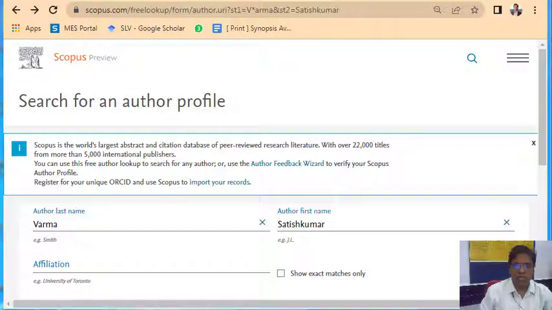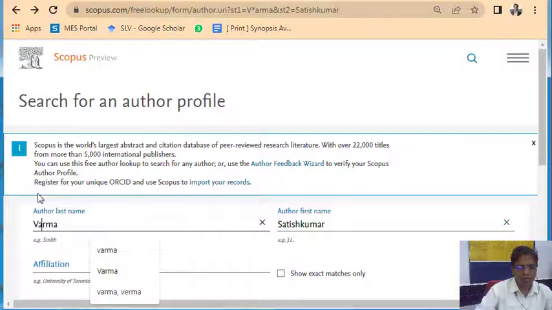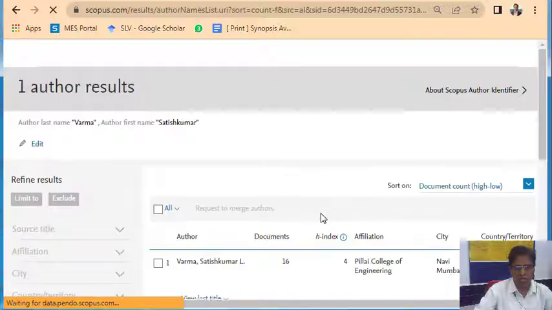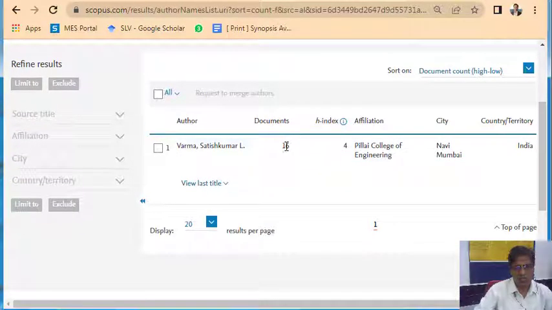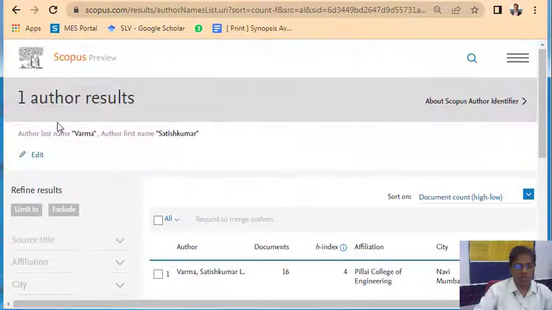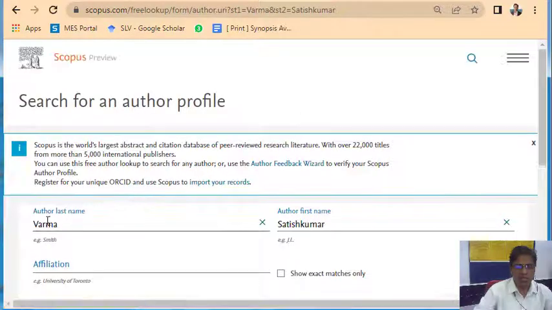Now finally, let us try to understand how to use wildcard to search a Scopus profile. Suppose the name is VARMA or VERMA. It might happen that sometimes we may write VERMA or VARMA. So if we search this VARMA, which we have already seen, you'll observe there are 16 documents under Scopus publication. But let us see whether we have any publication under VERMA, because